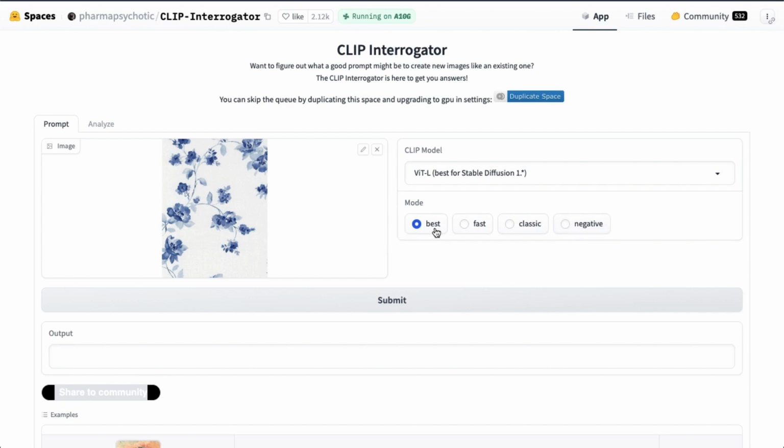So the best one is supposed to give you the best prompt that you can use in Leonardo AI, for example, to generate an image that looks like this or very similar. And fast is the method to do it the fastest, and best takes longer. So let's use this. Click submit